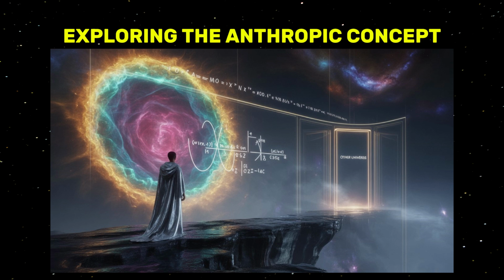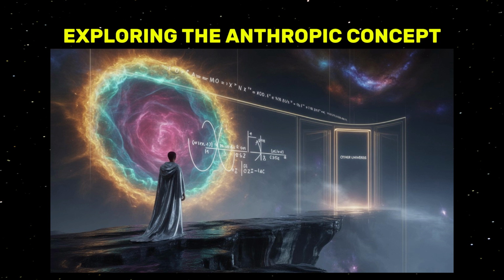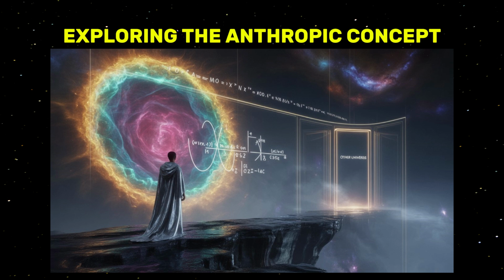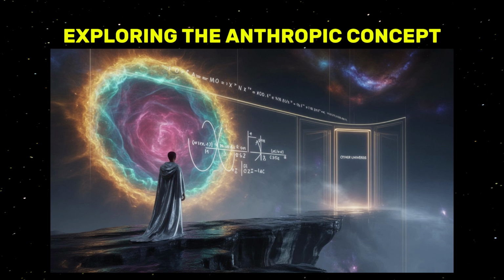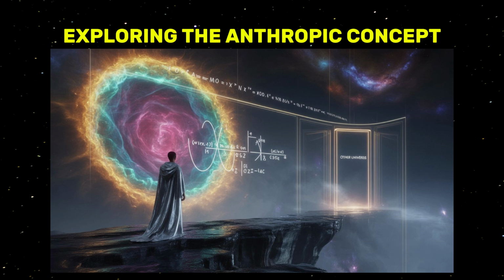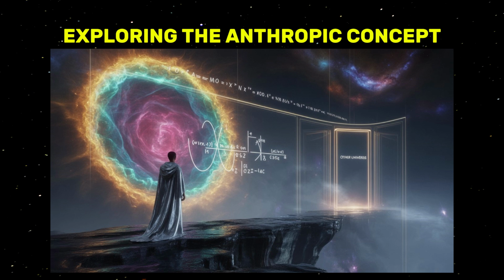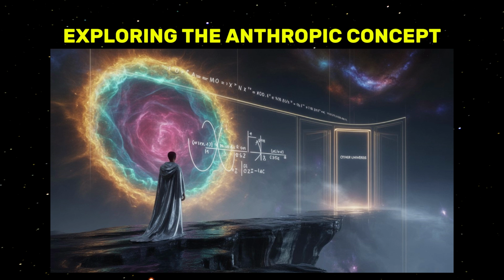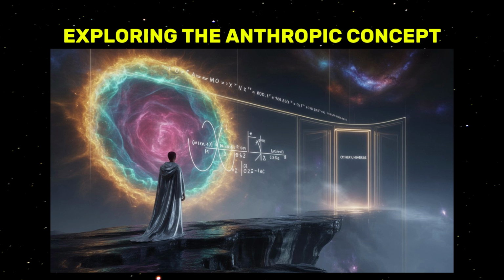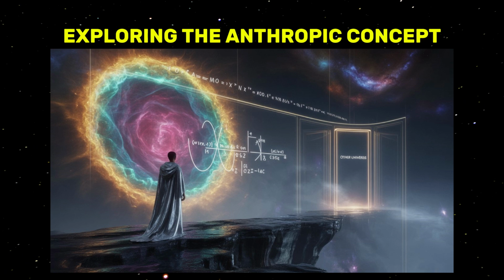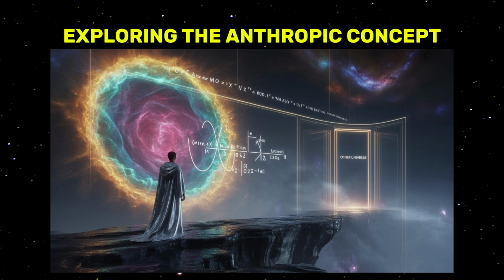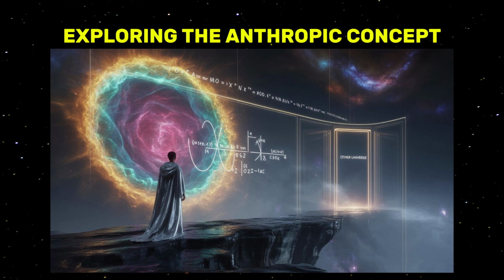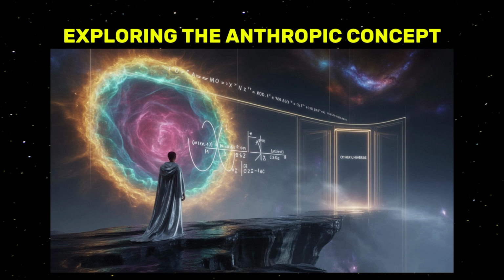A cake in the oven. A metaphor. You might then wonder, why does this cake have the exact elements needed to succeed? The anthropic concept would respond, the cake must have had those elements, otherwise there would be no cake to observe. Likewise, our universe is composed of just the right components for conscious observers to exist. The real question is, why does it have those specific ingredients at all?